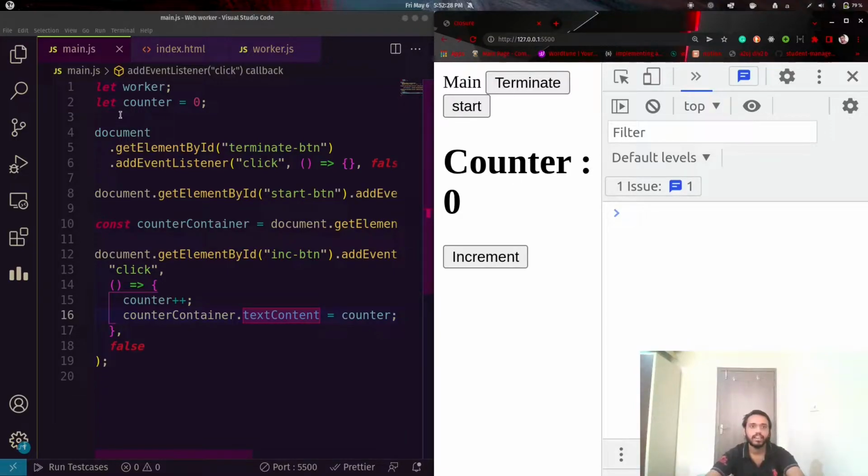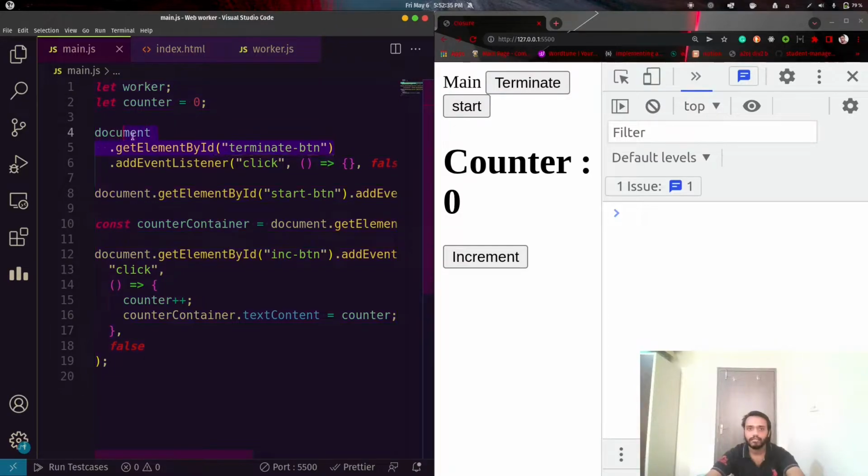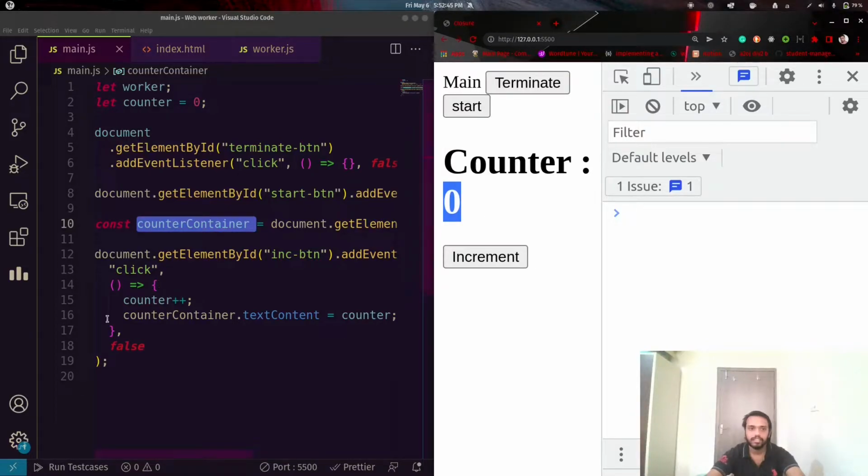Here I have the main script, which just has an event listener on a terminate button, which does nothing for now, a start button, a counter container, and an increment button, which just increments the counter.